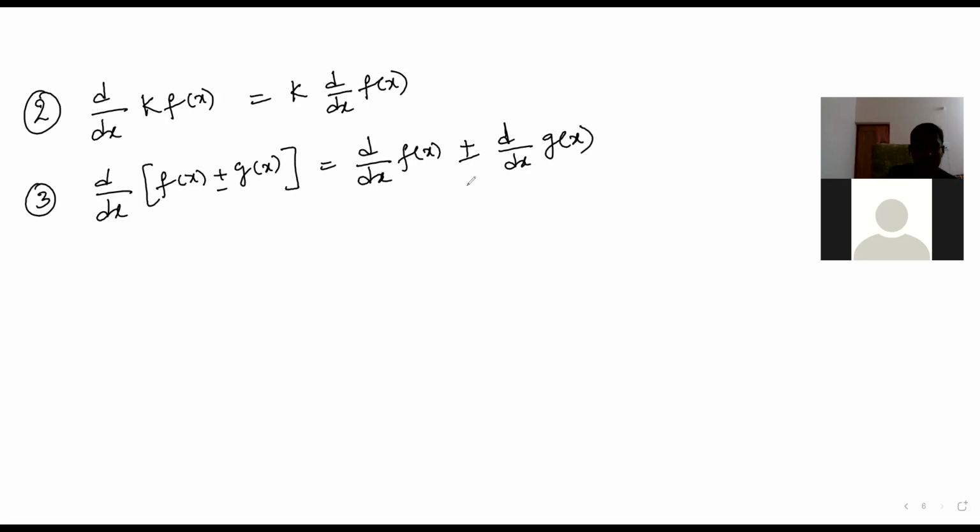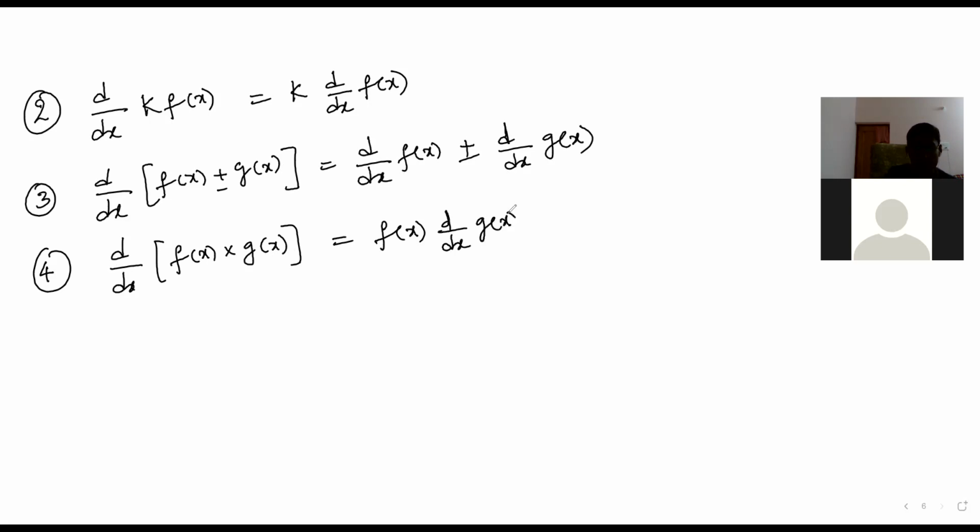It's very similar to limits, where you do the same thing. But d by dx of f into g, where two functions are there, f of x into g of x, you can't do this. This is different, it can't simply be multiplied. It is f of x into d by dx of g of x plus g of x into d by dx of f of x. This is somewhat different. The rest we can prove by the same formula, and this one is anyway easy.